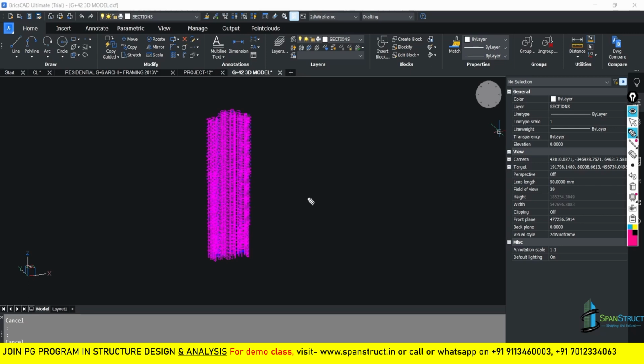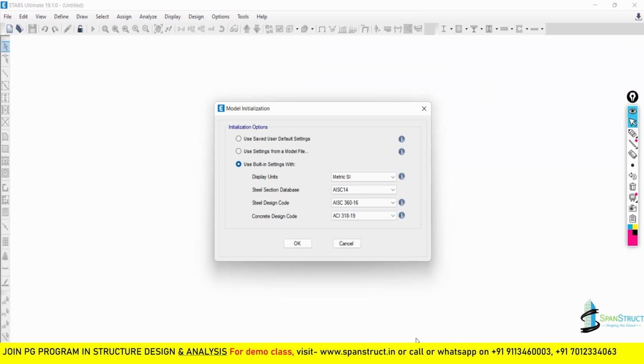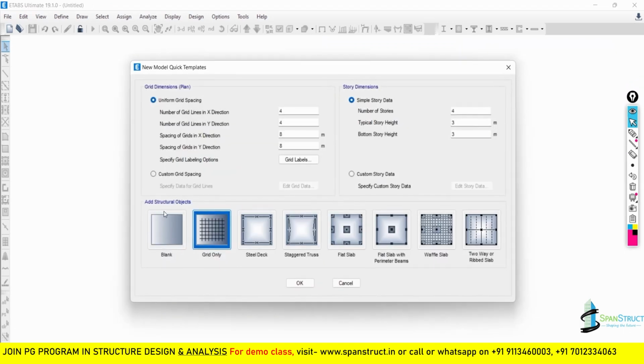I will not recommend you to use this method extensively, but I will show you how you can import this 3D file directly in Etabs, and further you can do the analysis and remove the errors if they come. So what you can do, you can open Etabs and you can take a new file here. This you can keep blank, give it OK,